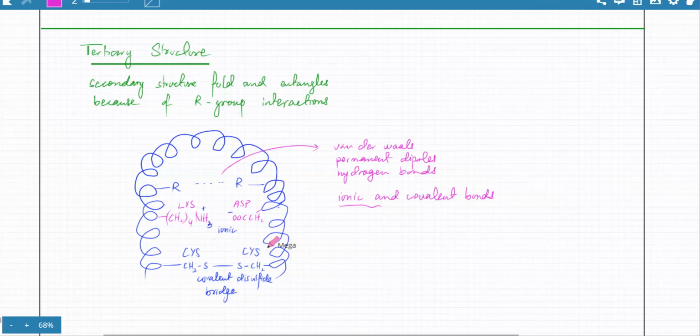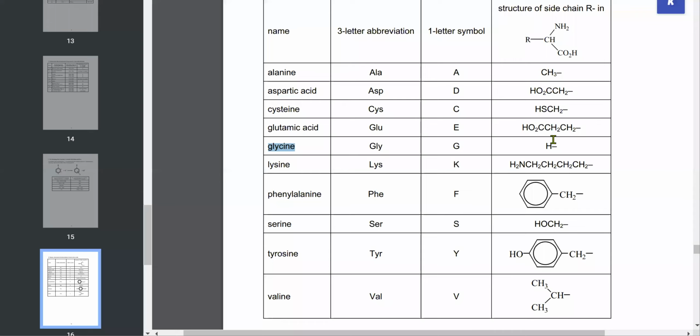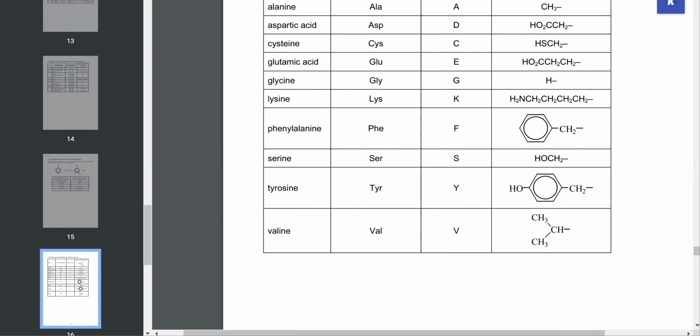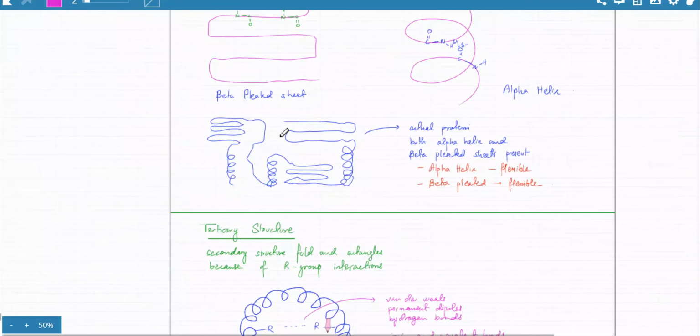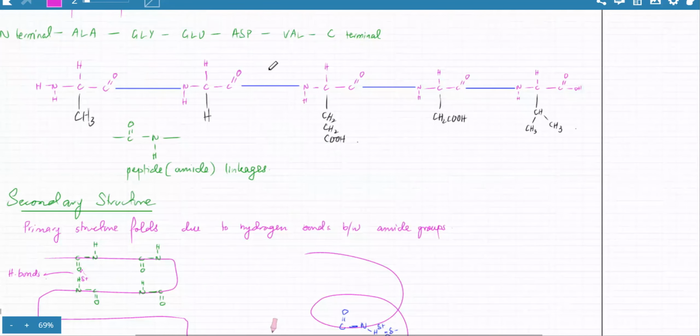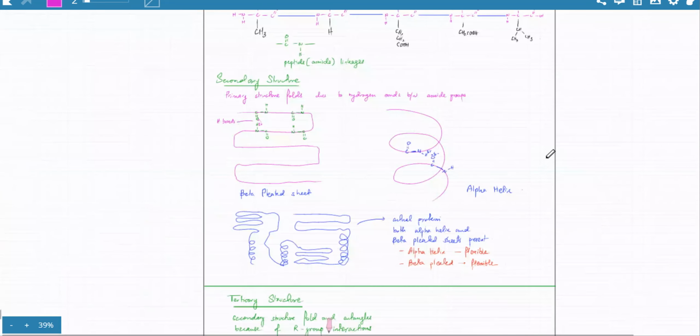So you can think of any attractive force between them. There are all sorts of R groups coming out of the chain. When folding happens, the R groups start interacting with each other, as you saw over here. In the original chain, the chain is going straight, and there are a lot of R groups coming out. When the chain starts to fold and curl up and entangle, the R groups start bonding with each other, and all sorts of intermolecular forces or bonding can happen between them. And therefore,